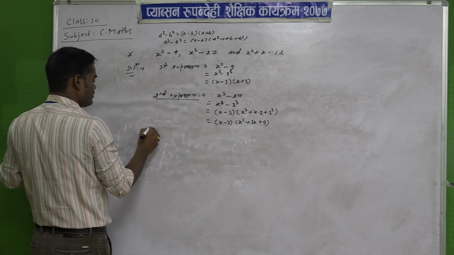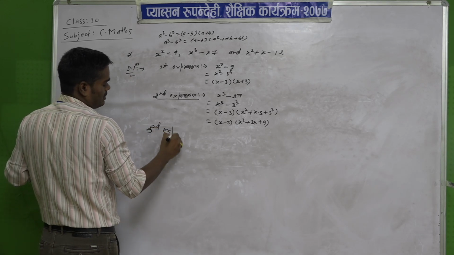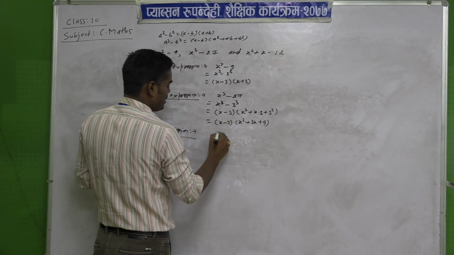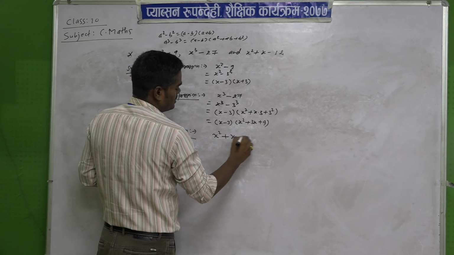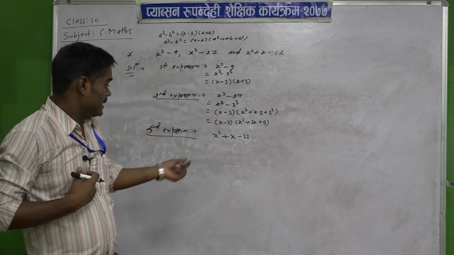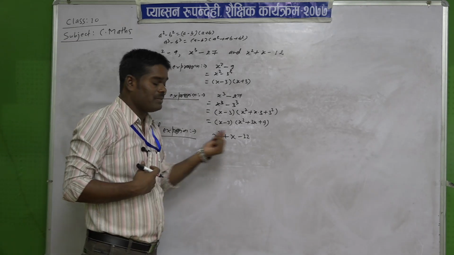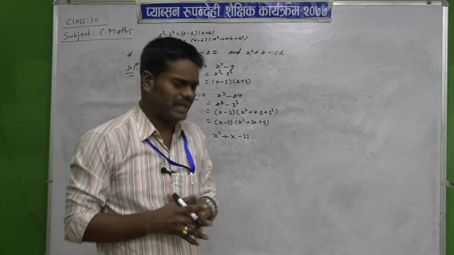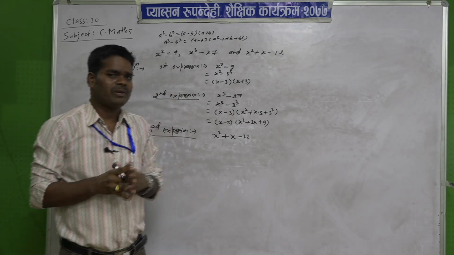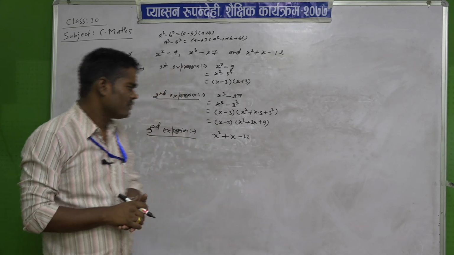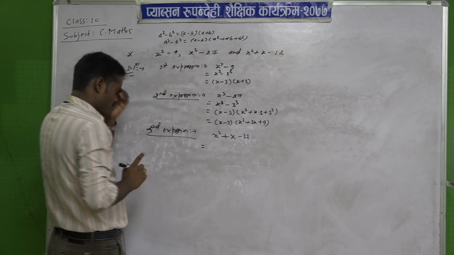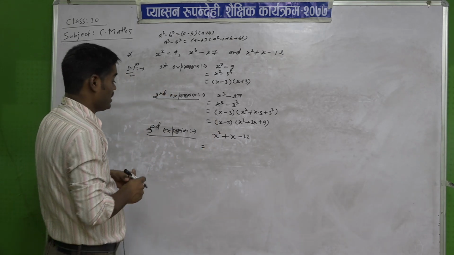So, again take the third expression. What is the third expression here? x square plus x minus 12. See here. So, x square plus x minus 12, firstly the same thing applies. Always while factorizing, either in SCF or LCM, you have to see at first whether there is a common factor or not. If there is, then first you have to take the common and then factorize. So, in the first term x, in the second term x, in the last only a number is there. So, nothing is common in the number and variable also.